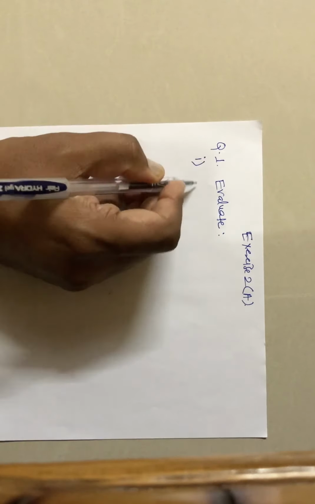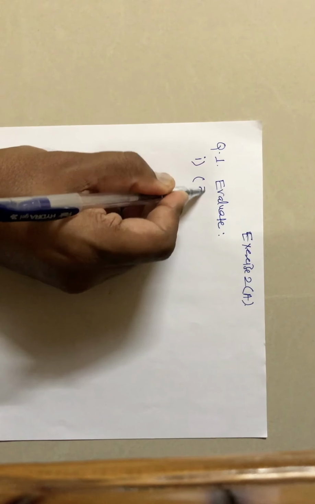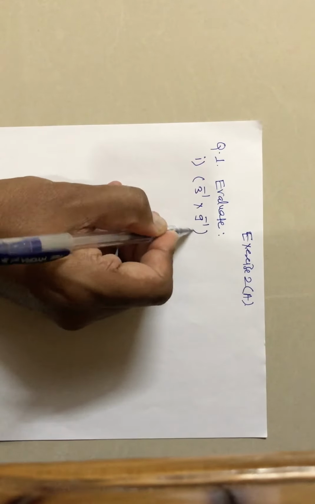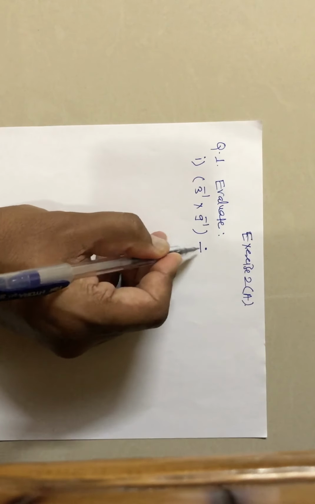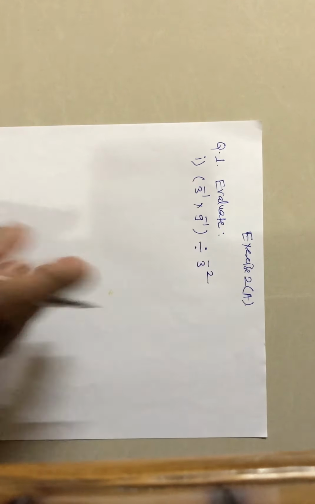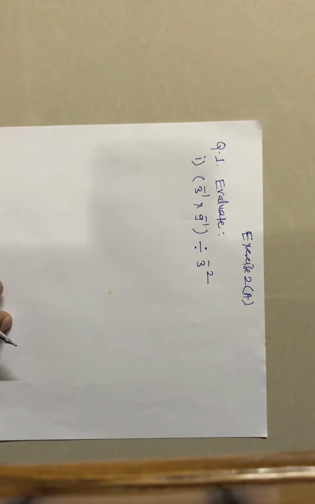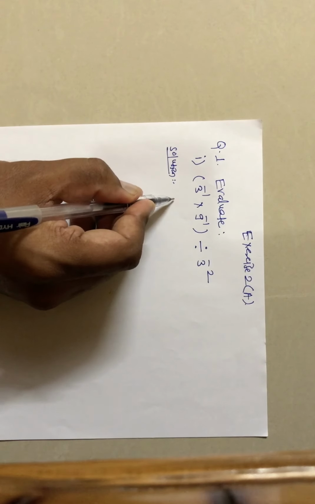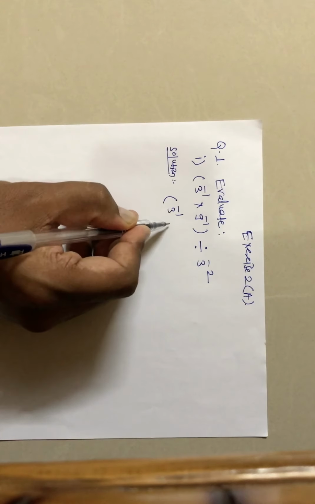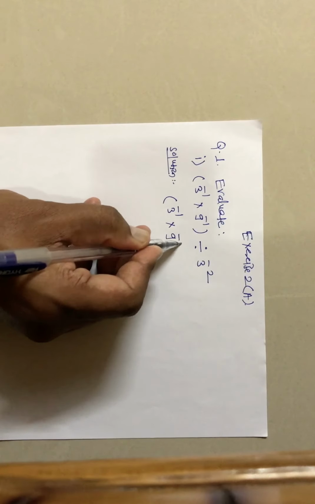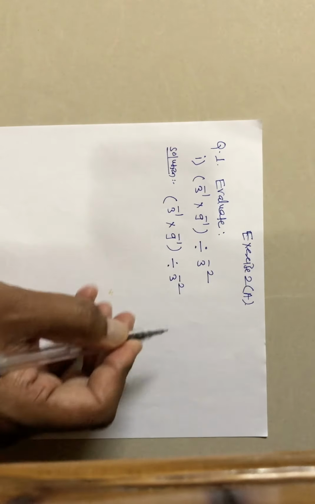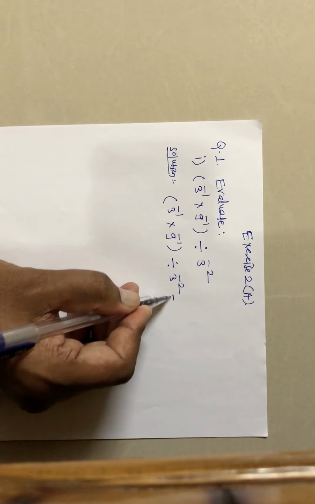First sum: 3 raised to minus 1 multiplied by 9 raised to minus 1 divided by 3 raised to minus 2. We'll see the solution. 3 raised to minus 1 multiplied by 9 raised to minus 1 divided by 3 raised to the power minus 2, which is equal to,